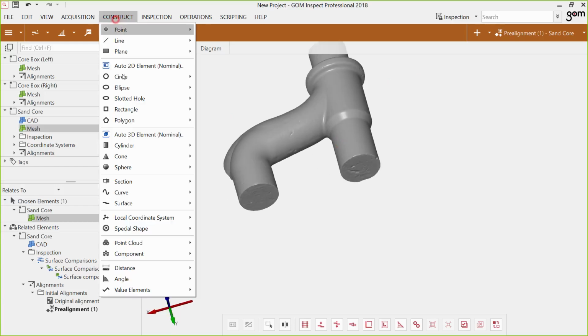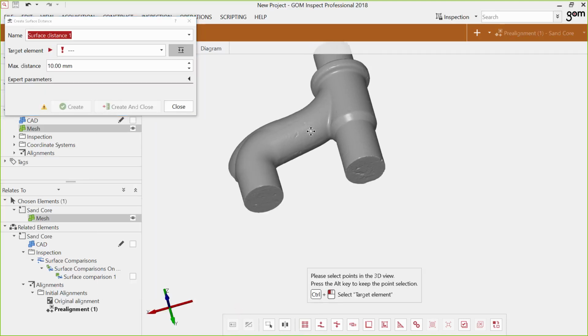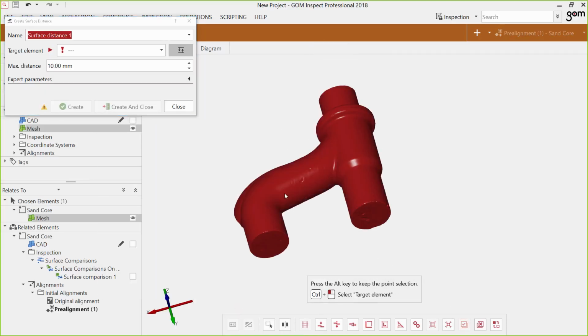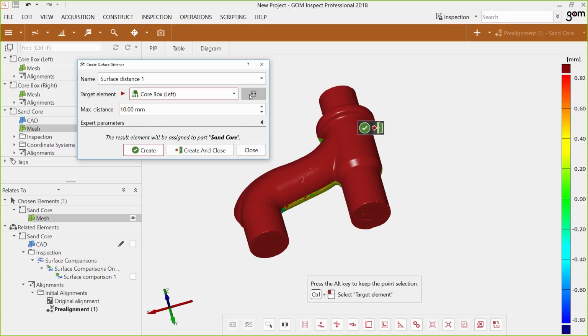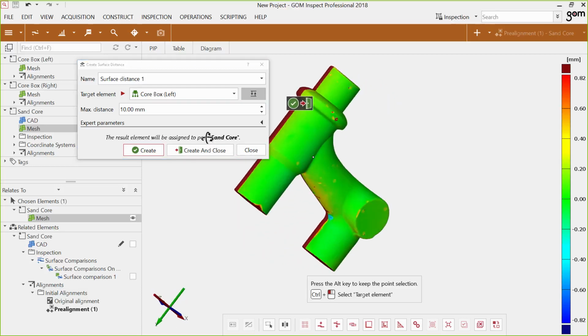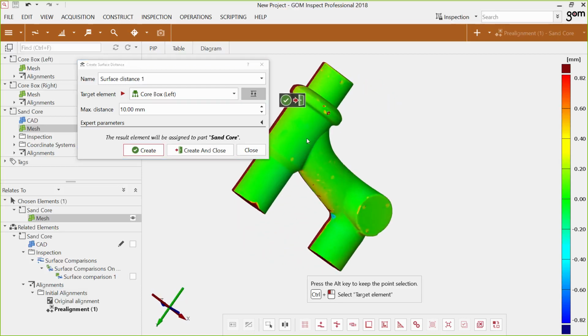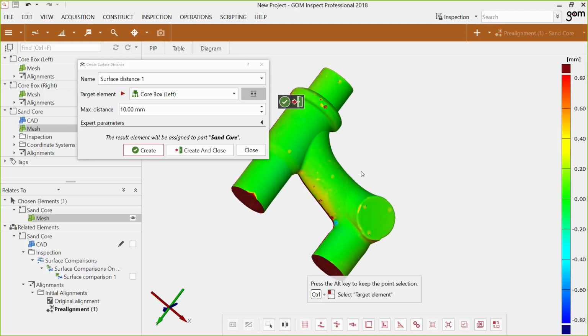a new function which is called surface distance, and therefore I will select all points on the surface of the sand core, and now I want to measure the distance between the surface of the sand core and a target element, which has to be chosen here in the drop-down menu. And now I want to measure the distance between the sand core and the core box left. And I have to be careful with this invert surface direction button again, because the surfaces or the normals of the surfaces are pointing in opposite directions, because we're dealing with a tool and a product which is created by the tool. So now you can see that we have visualized this surface distance, and I'm pressing the Alt key